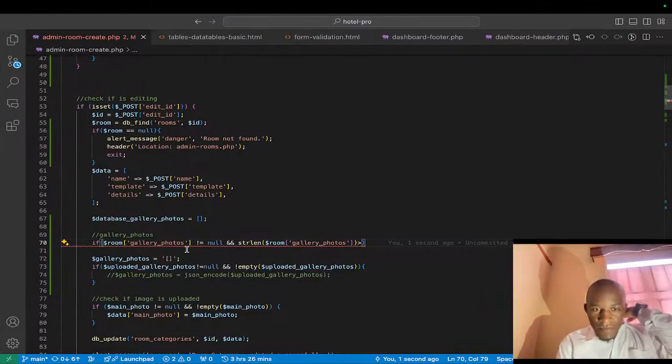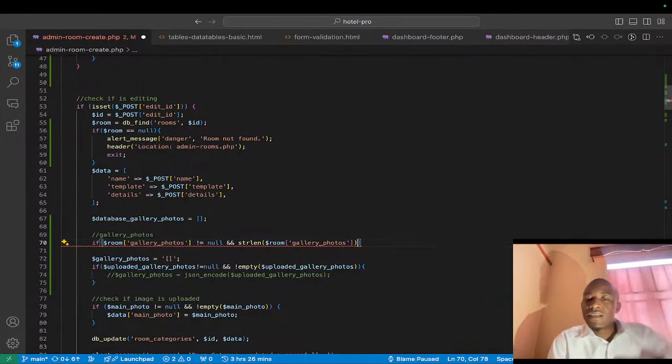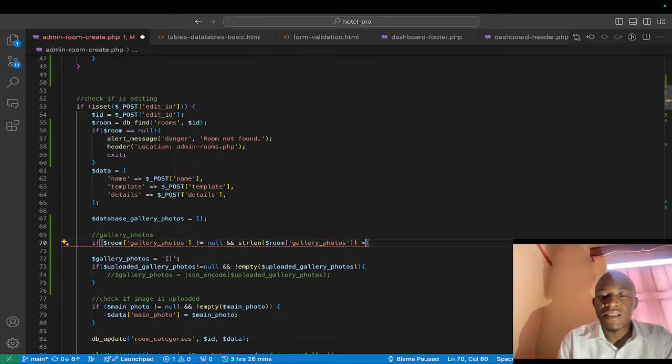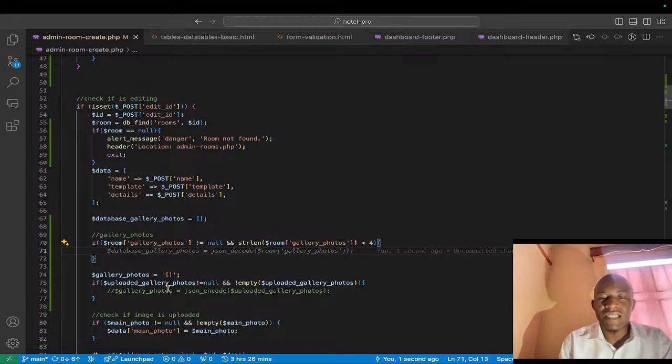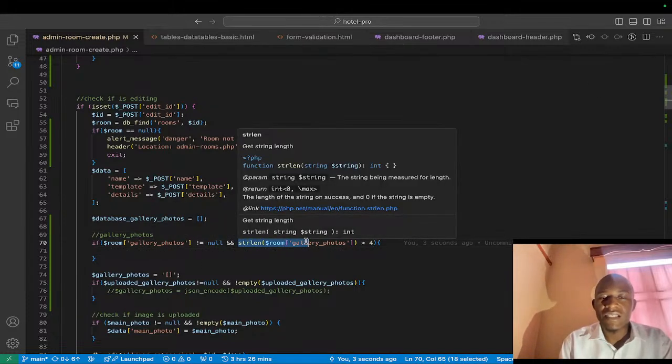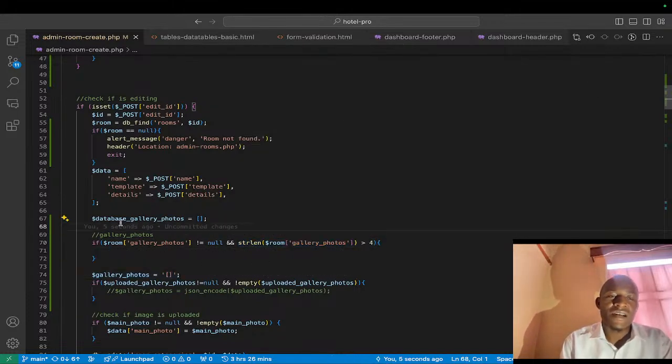So here I'll go ahead and check if it is not null. At the same time, if the length is greater than, maybe 3. At least the photo should have 3 characters and above. Like I said, be 4. So if you have more than 4, those that are in the database, coming from the database, then I'll go ahead and say